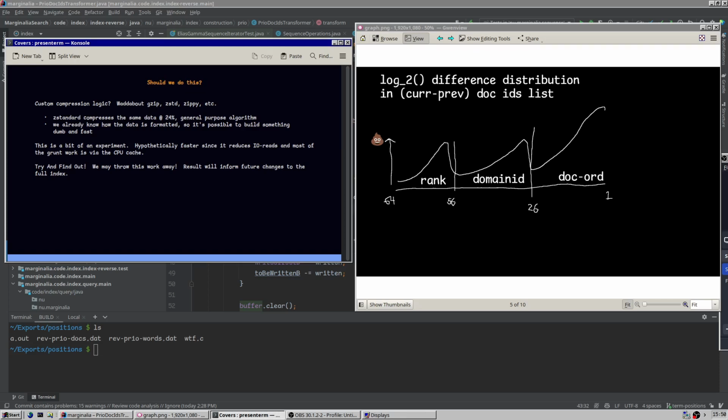So that actually answers the next question: why are we implementing custom compression? Why aren't we using gzip or zstandard or zipper or something like that? The reason is that we understand the data much better than they do. They are general purpose compression algorithms and make a lot of concessions to be able to compress all sorts of data, whereas we understand that